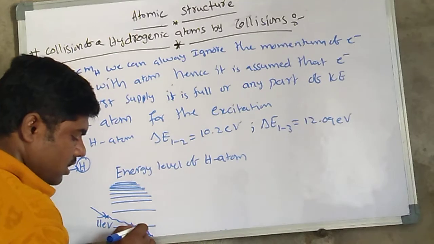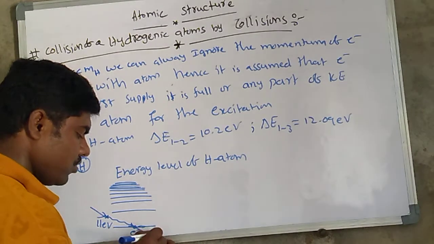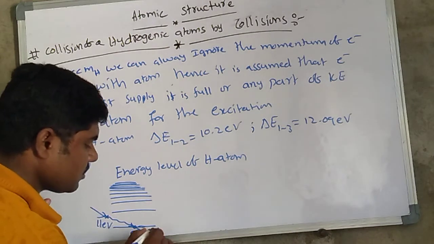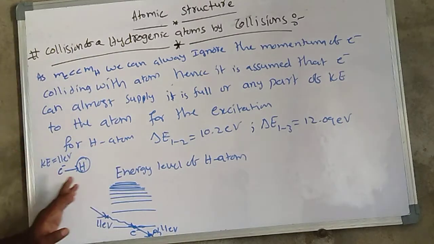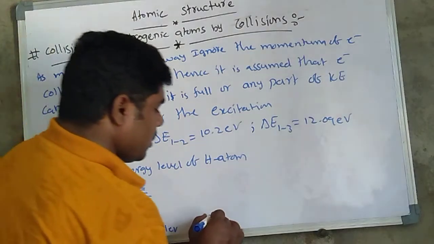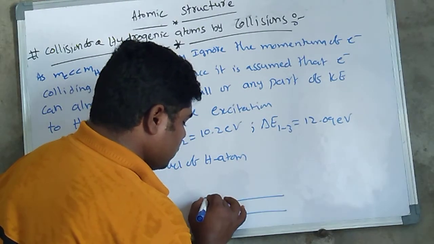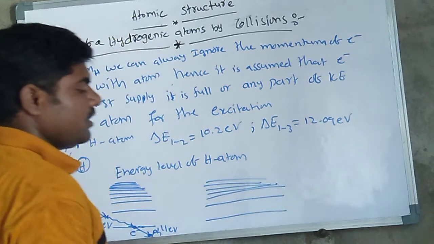So now here the vacancy electrons. This is the photon direction. This one is 11 electron volt only. This energy is also 11 electron volt. This is another particle. So let us consider the same particle colliding. So here, these all are energy levels.